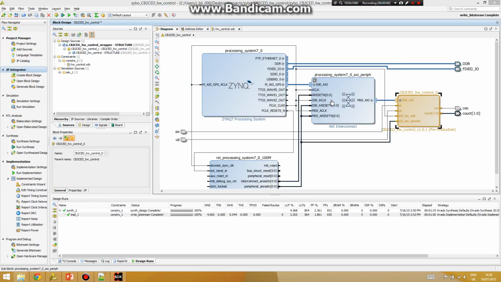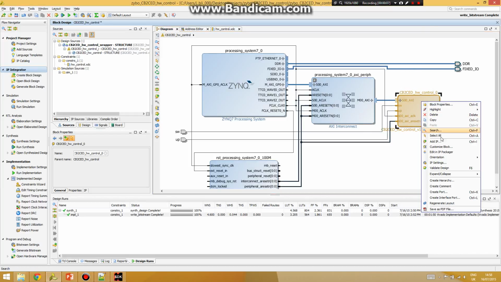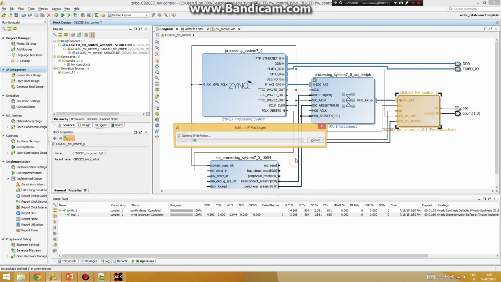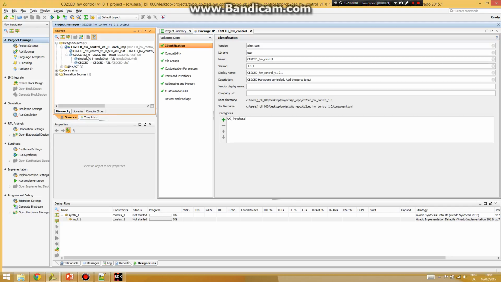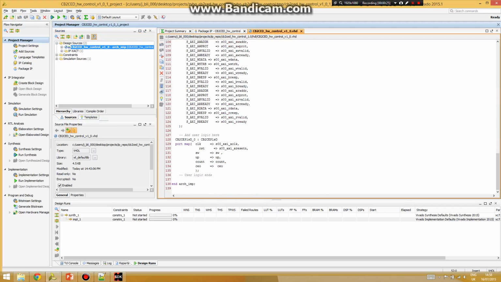So when I try to implement the results on the board, I see that the counter goes nowhere, and the reason for it is if you edit your IP packer here, I map the reset on the board to meet the reset on my counter, but they have different assertion types. The board one is 0 and the counter one is 1. So whenever you do this here, you won't be able to see anything going on. So just invert this for not,